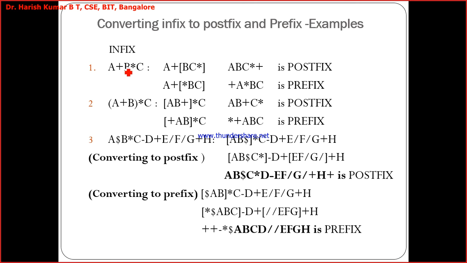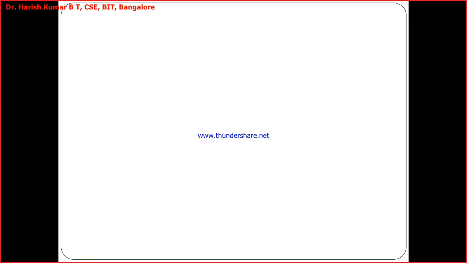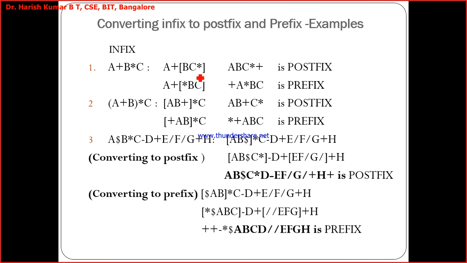I have the first example. So I think it's the same as the one which I've taken, a plus b into c. And here I've shown you how to do it. Okay, so this is the infix expression. So we are converting it into the postfix expression. How are we doing it? Since star has got the highest precedence, first I'm converting this into postfix expression, bc star,